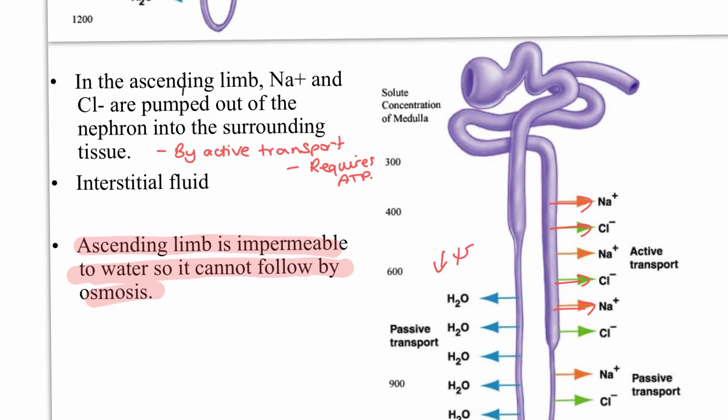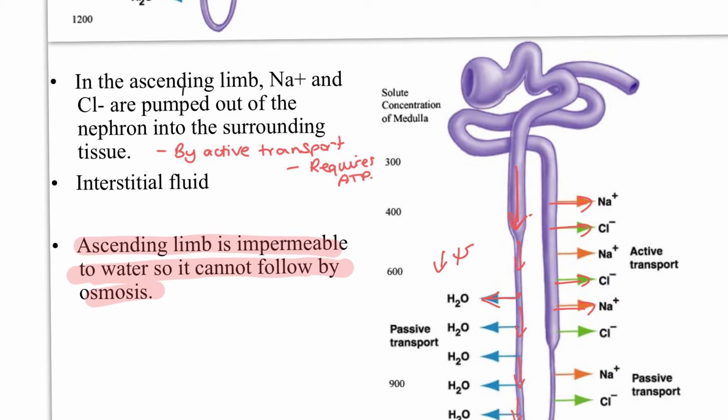This means that as the glomerular filtrate travels down the descending limb, water will move by osmosis down its water potential gradient across the wall of the descending limb of the loop of Henle, because it's permeable to water, and into the interstitial fluid. So as the solution travels down the descending limb, it loses water, and therefore it becomes